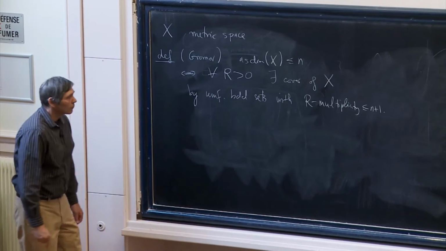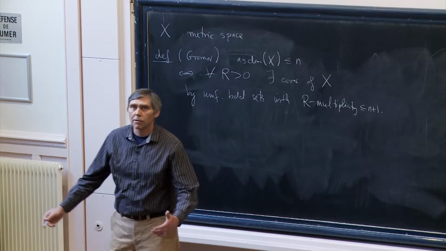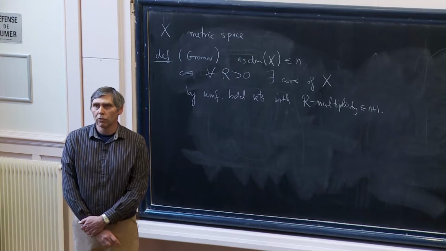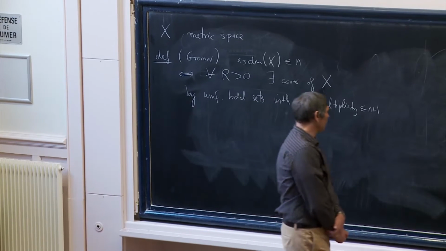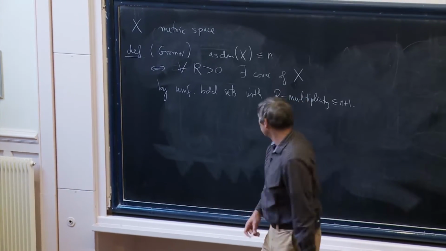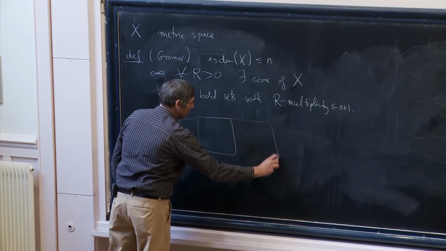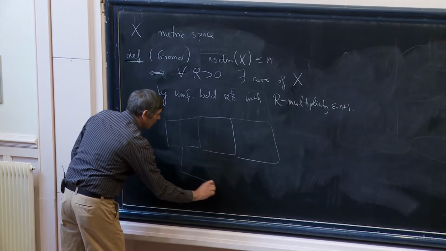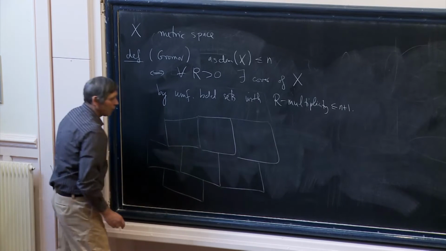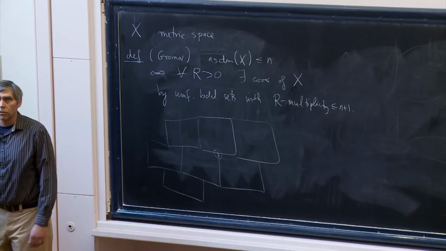OK. So you can think of some fairly easy examples. For instance, the plane has asymptotic dimension less than or equal to 2 by the standard brick cover that you use to show that the usual topological dimension is less than or equal to 2, except that now the bricks are going to be big. So in other words, you would use a cover like this. It's the same picture, but imagine that the bricks have size much bigger than this number r. OK, so here's the brick cover, and so on. If I take my ball of radius r, the best I can do is intersect 3 of these. And that means that the dimension is less than or equal to 2.